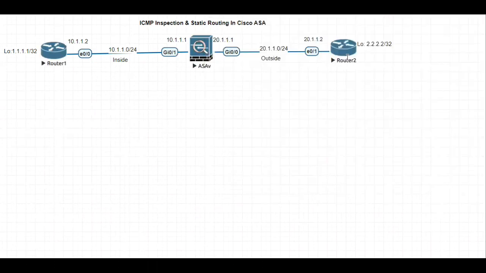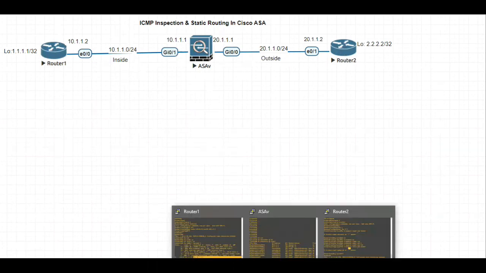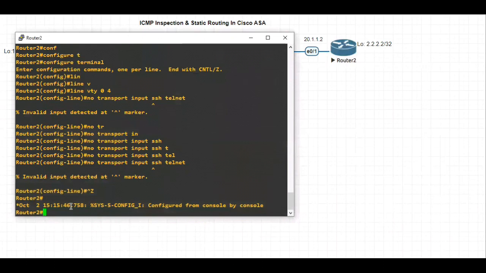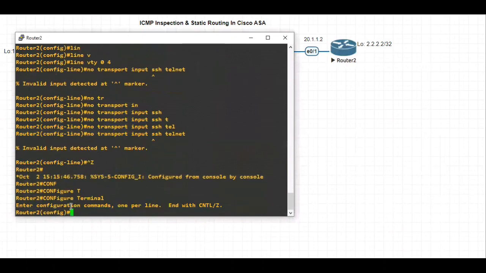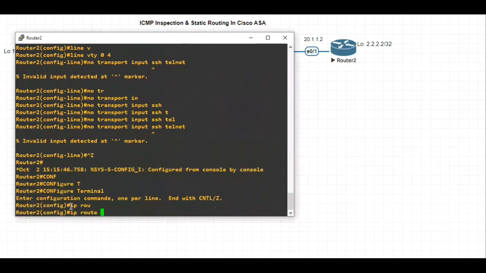And let's configure the IP route command on router 2. So configure terminal, IP route 0.0.0.0 0.0.0.0.